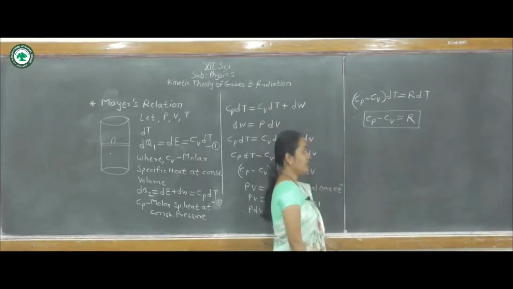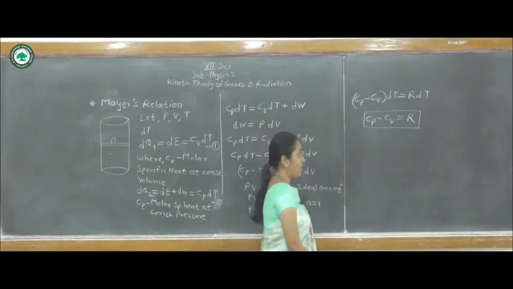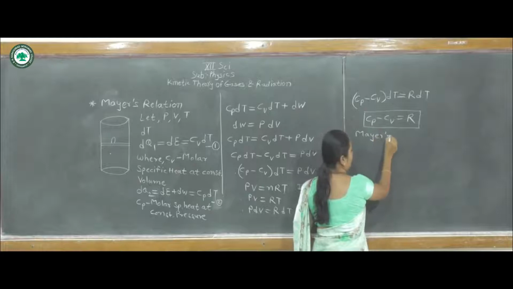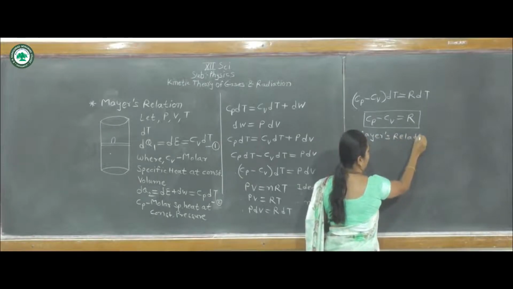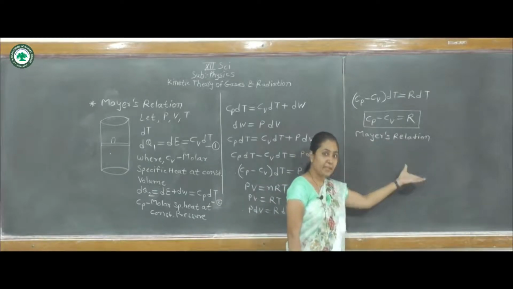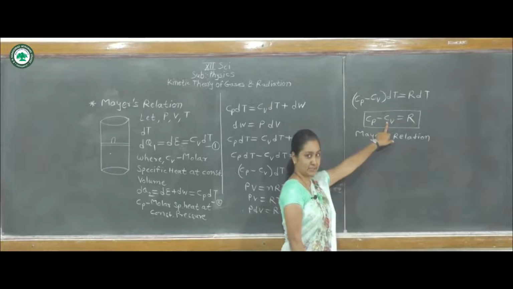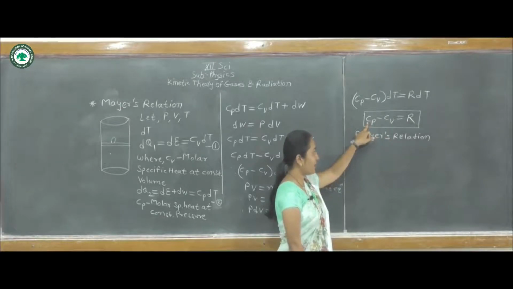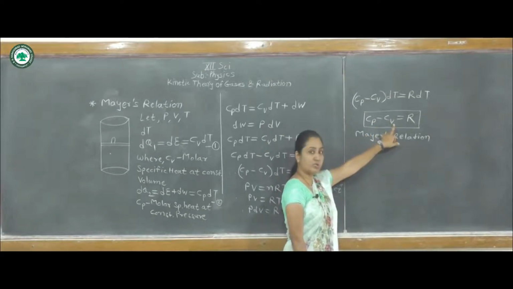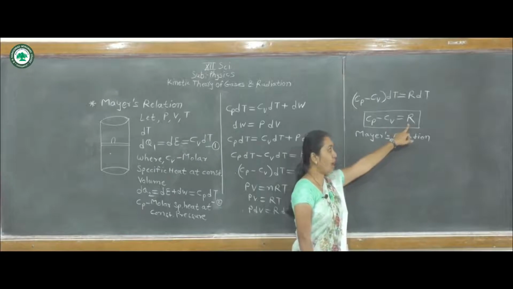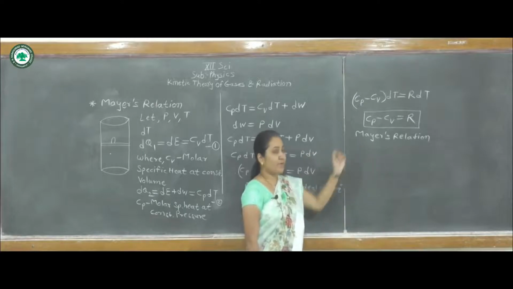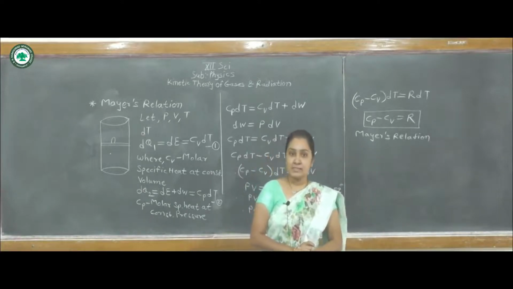So this equation, Cp minus Cv is equal to R, is called Mayer's relation. This equation gives Mayer's relation between two specific heats. That means specific heat at constant pressure minus specific heat at constant volume is equal to R, that is the universal gas constant. So now this equation is found by considering